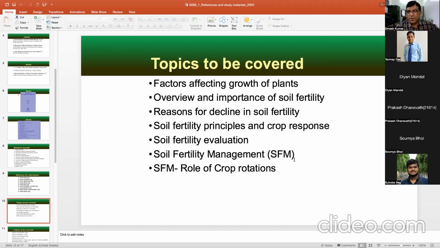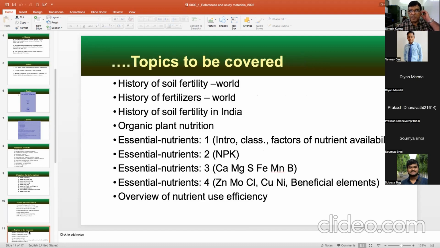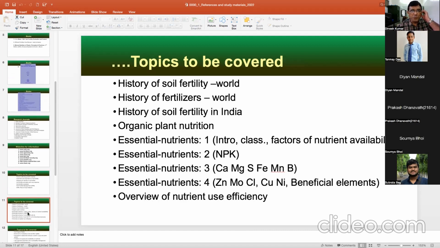Then overview and importance of soil fertility, reasons for decline in soil fertility, principles and crop response, soil fertility evaluation, soil fertility management, a role of crop rotations in soil fertility, history of fertility, history of fertilizer, history of soil fertility in India, organic plant nutrition, essential nutrients in different lectures, overview of nutrient use efficiency. So this is definitely a huge syllabus,